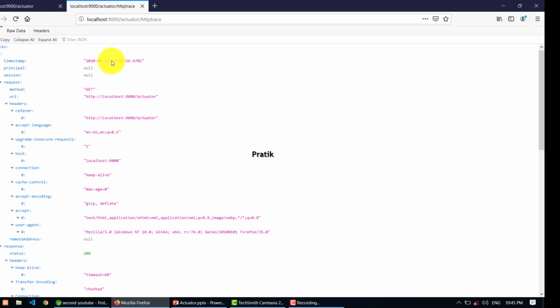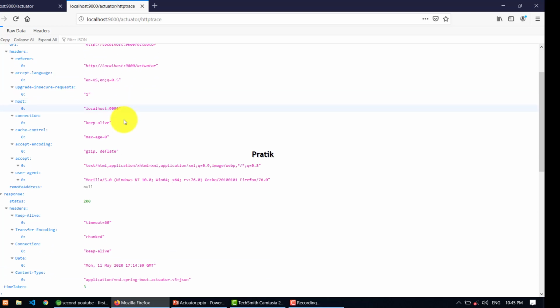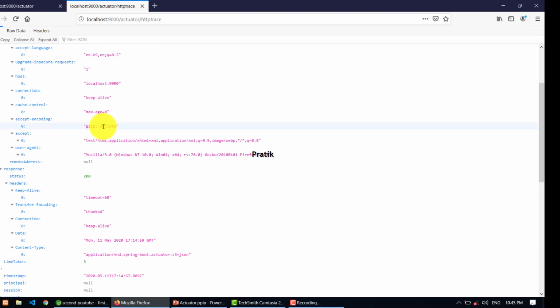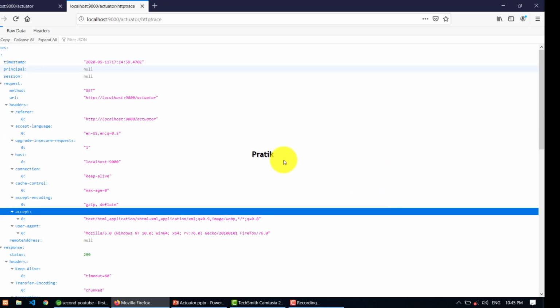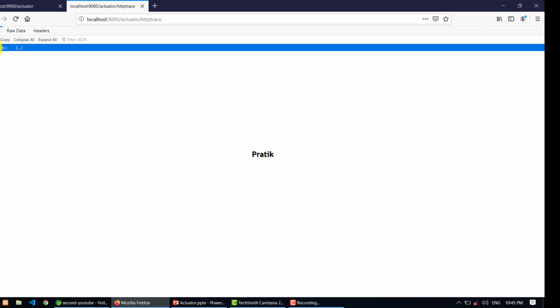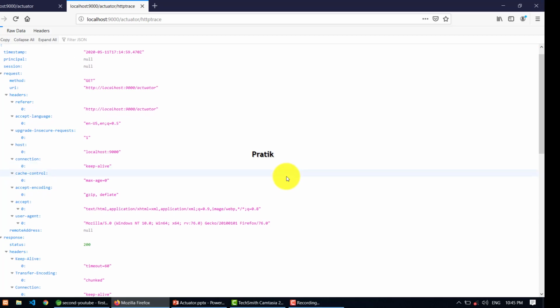Whenever you click here, you get each and every hit detail, meaning whatever request hit the server. This is the URI, the request type is GET, what is the address, is it keep-alive, and all kinds of details regarding the API you get here with the help of trace. There is one repository called HTTP trace repository. With the help of that repository, you can easily get all kinds of data that come from each and every request, and you can manage your own database, or